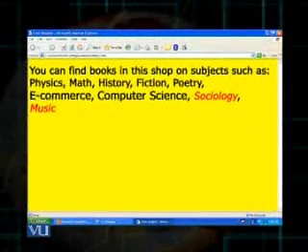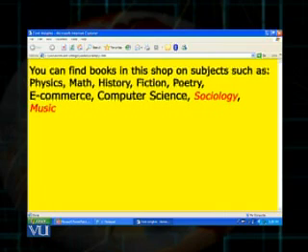You can see in the slide, in the background yellow, you can find books in this shop on subjects such as, now the words subject such as, they are in Courier New, in a different font type.